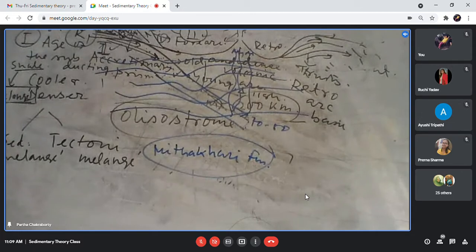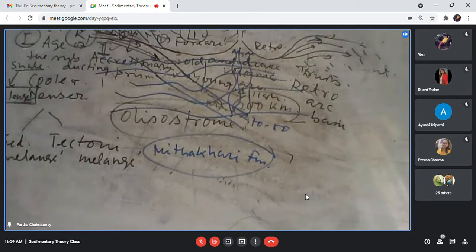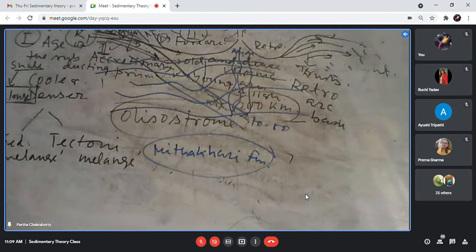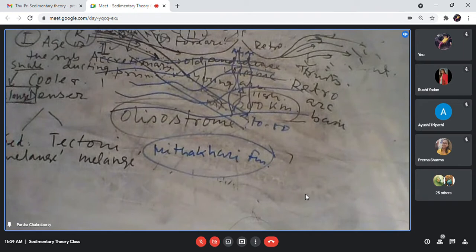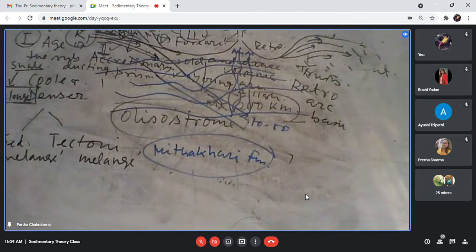What kind of sediment will I expect in a fore arc? We will expect the volcanic lithic clast. So quartzolithic sediment is what I will expect. It will also receive sediment from the outer arc. But for this, suppose it is in an ocean-continent system. Suppose I am getting an ocean-continent system. So distally, this system may be related to the continent.